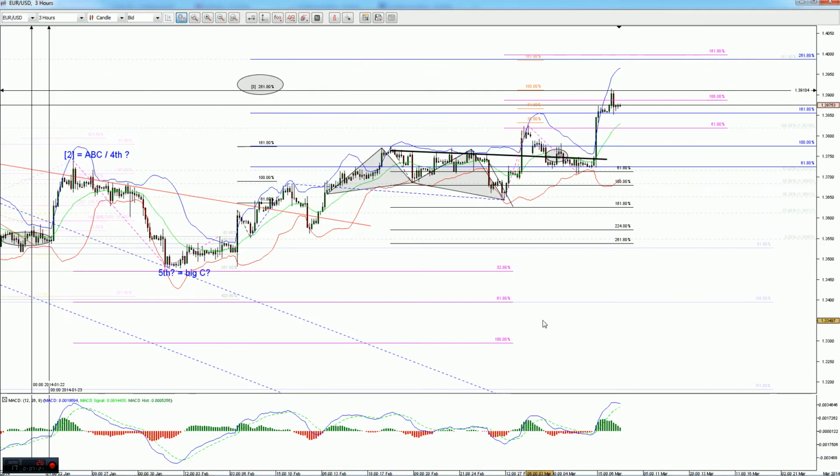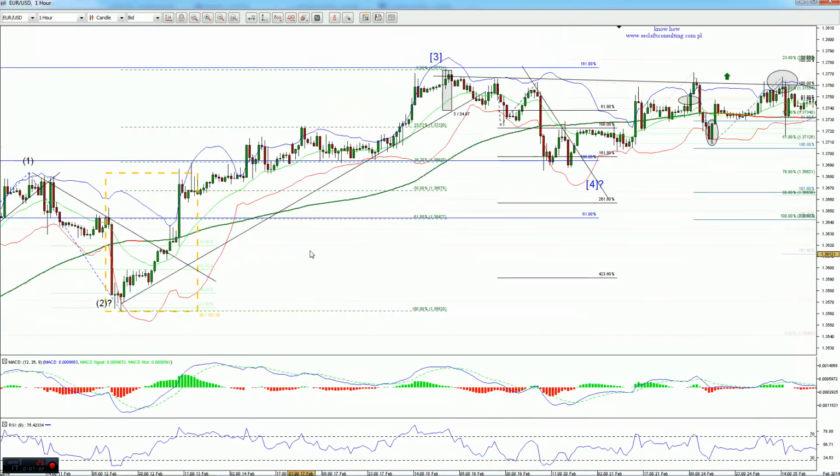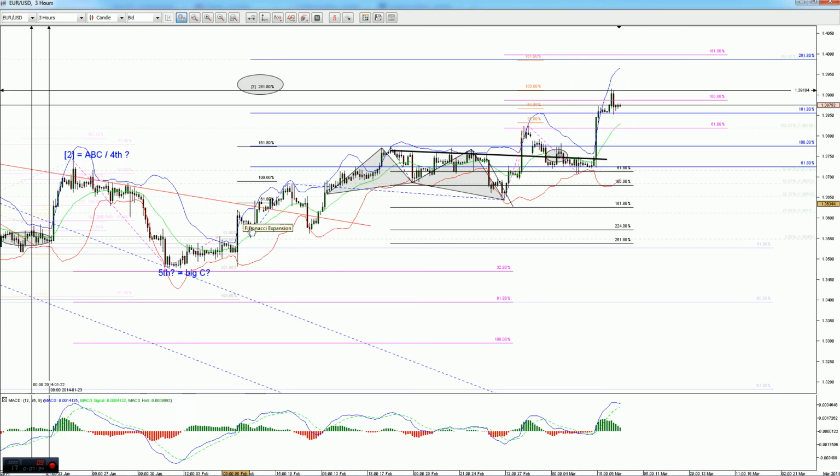And on this 3 hours chart, I guess I showed it last week. So we had a 1 and 2 based on this count here, and this 3rd wave as a 261.80. So you can see that the market has reacted very precisely to that level. This 3rd wave,